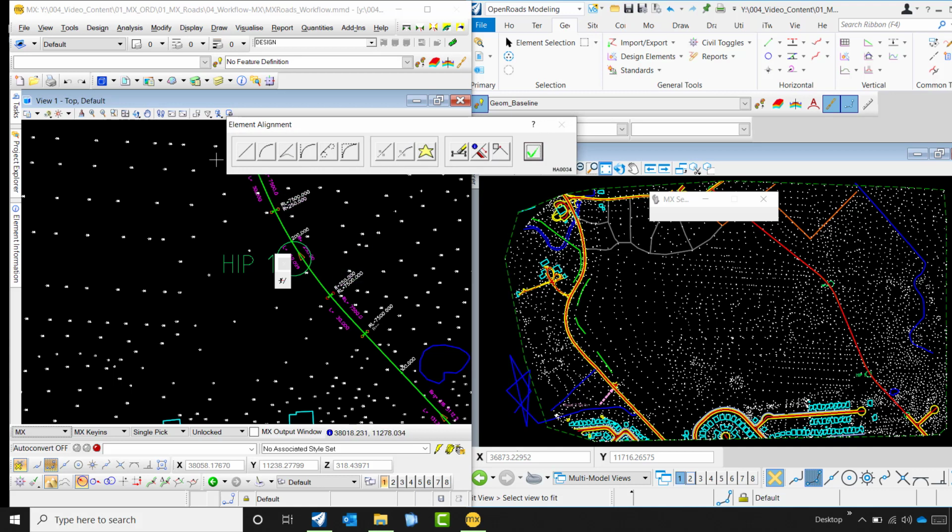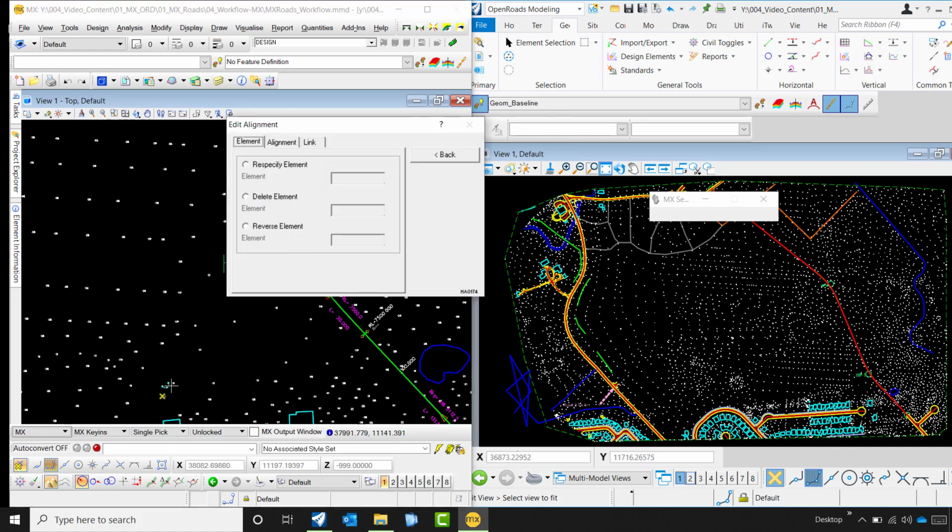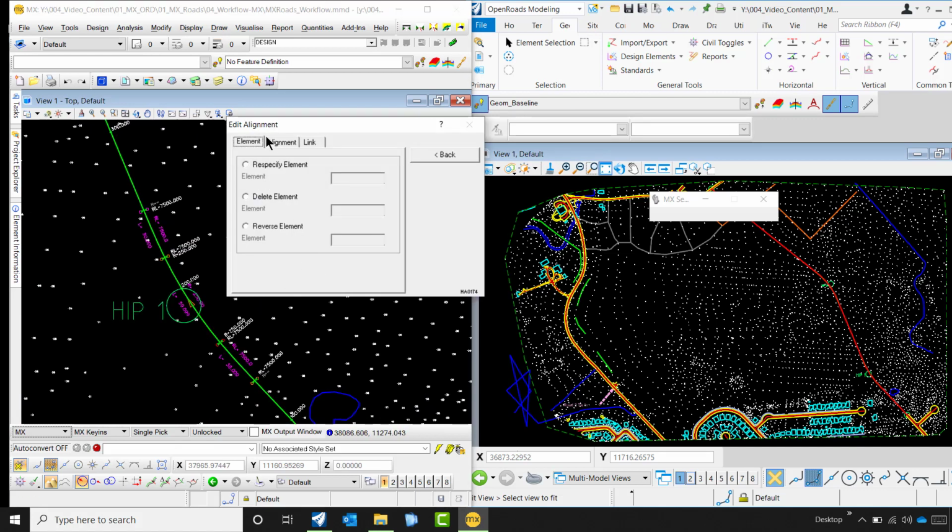Next, it will bring me back to all the horizontal element tools over here, but now I shall be making use of the edit alignment since I want to make the modifications. So over here you have the option whether you want to delete the elements you have created, or re-specify the elements, or reverse the alignment if you have created it in the wrong direction, so you could transpose the element over here.